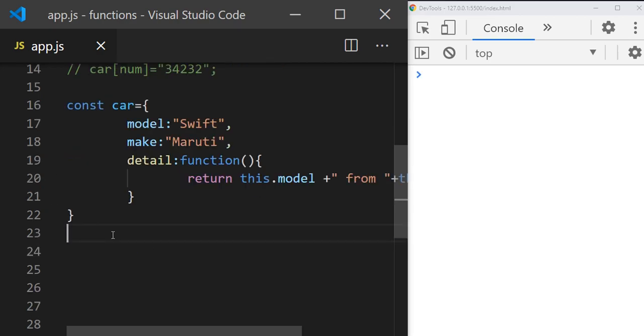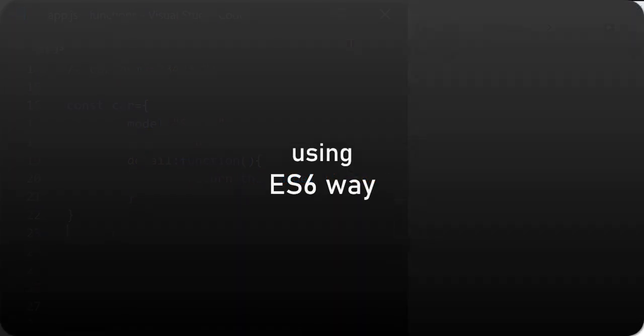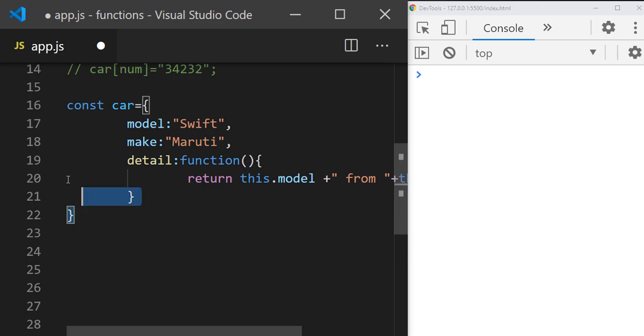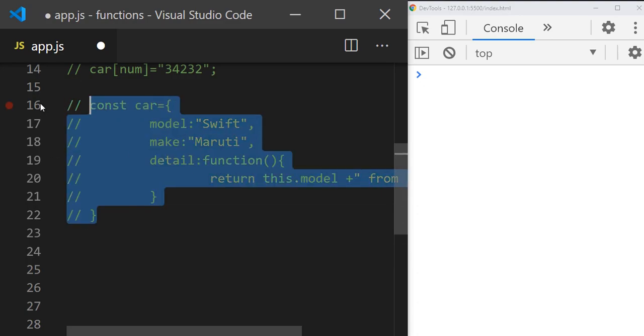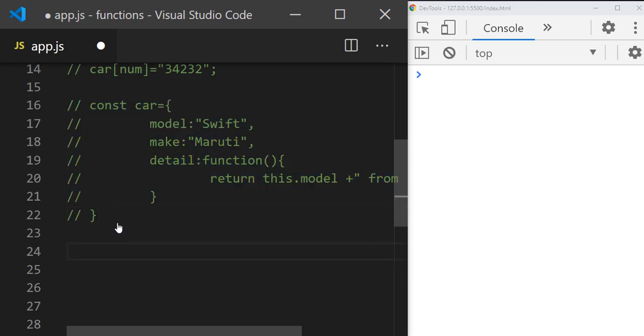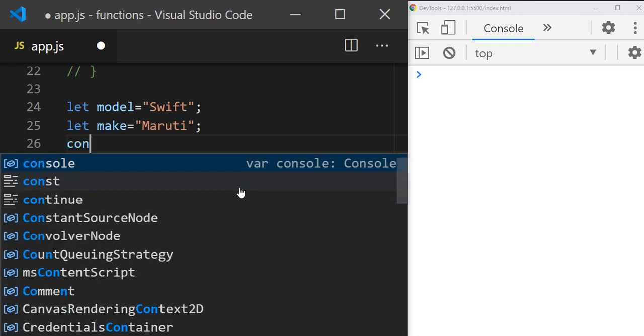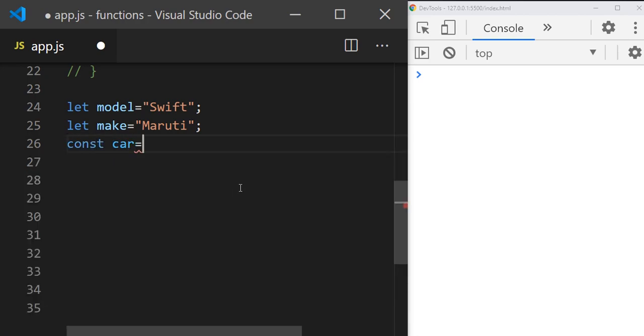I'll show you another new way of creating the object here. I just comment this out. Before that, I will create two variables, let model and let make. Here I will create the object car, and till now we have added the properties using dot notation, using brackets, or directly like model and value.